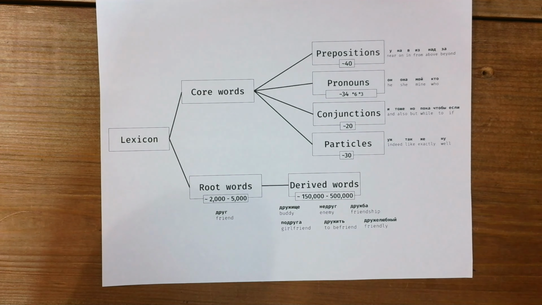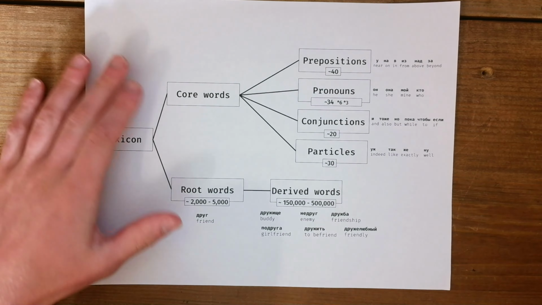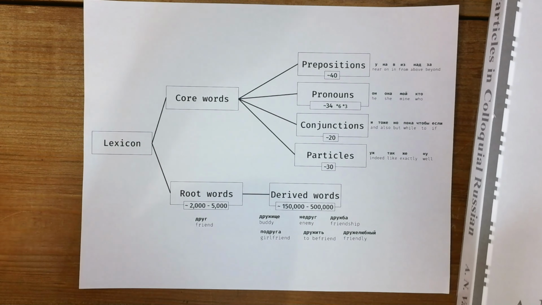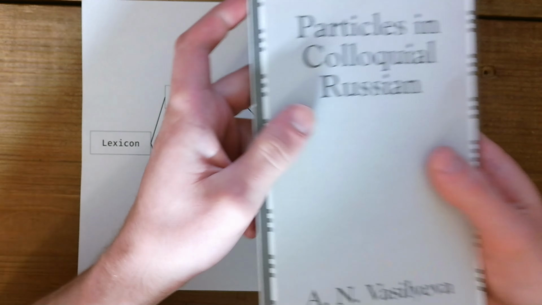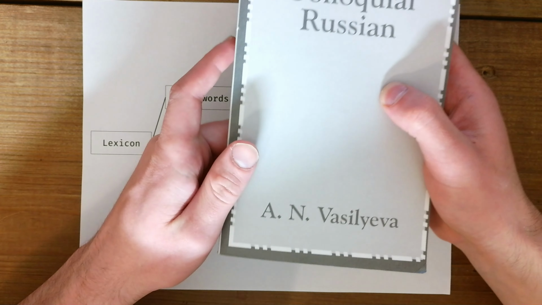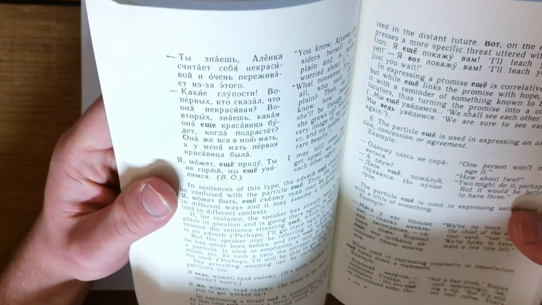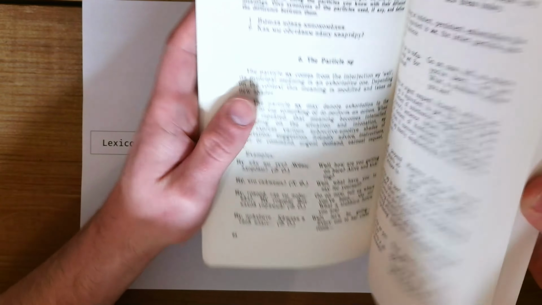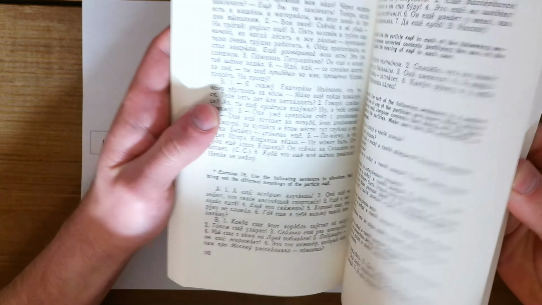And then the particles. These are short little words that add nuance to your speech. They're not so structural as they are for adding flair. So, suffice to say, there is no table for learning these words of nuance. There is a really good book, Particles in Colloquial Russian by A.N. Vasilyeva. It has every particle expression in here and all the nuances they have. For example,